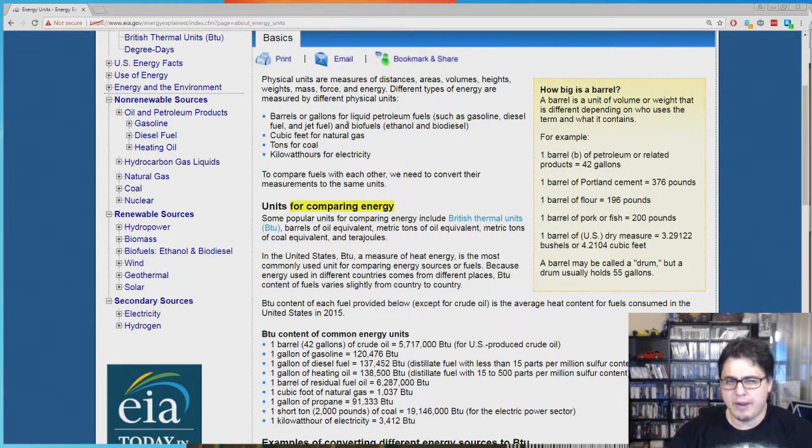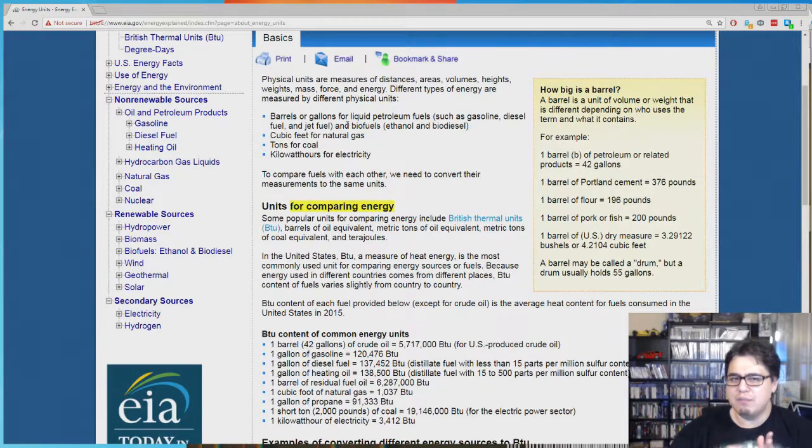If you ever had to go buy an air conditioner before, you probably have seen how many tons of AC, the tonnage, or if it's a window unit, how many BTUs is produced, right? So a British thermal unit is just literally a unit of energy, right? And it's not tied to oil, gas, coal, or anything. It's kind of a neutral one.